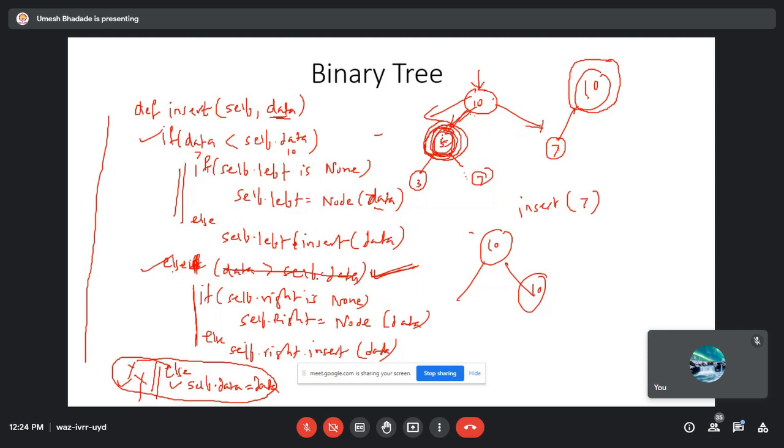तो एल्स, फिर हम डाटा ग्रेटर देन सेल्फ डॉट डेटा है तो हम ये करेंगे। तो एल्स लिखने के बाद में फिर हम क्या करना पड़ेगा, हमको यहाँ पे एल्स इफ लिखना पड़ेगा ना, क्योंकि एल्स के बाद में दोबारा हम कंडीशन चेक कर रहे हैं, इसलिए यहाँ पर एल्स इफ आएगा। और ये एल्स इफ का सिंटैक्स पूरा करने के लिए हमको क्या लिखना पड़ेगा, एल्स लिखना पड़ेगा, तब ये प्रोग्राम रीडेबल हो जाएगा, अदरवाइज सिंटैक्स में थोड़ा प्रॉब्लम आ सकता है।